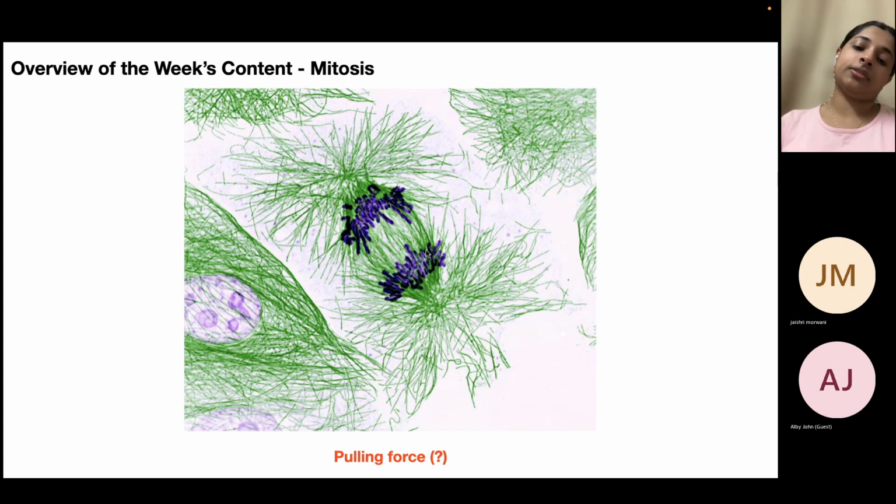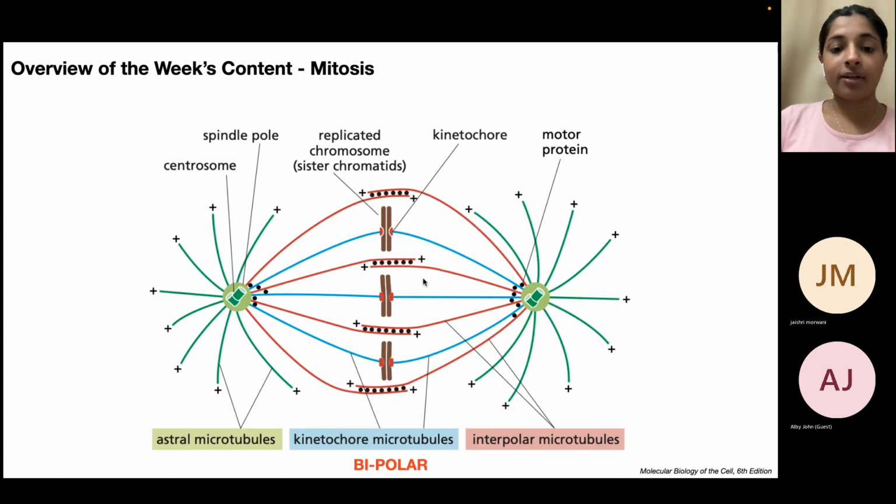Another thing that is essential for the cell is to generate something that is pulling the chromosomes towards the end. If we look at this image, the chromosomes are not being floated to the ends, but rather there is some pulling force that is able to pull the chromosomes towards the end. What generates this force was of great interest to the scientists. Before we get into that, we'll look at the different microtubules that are present in the cell